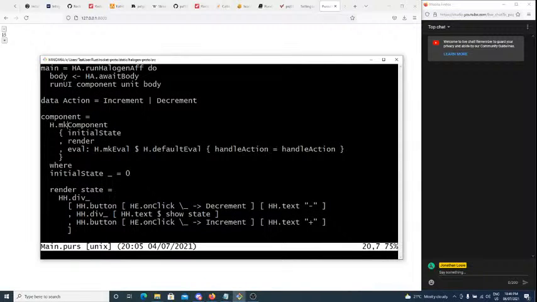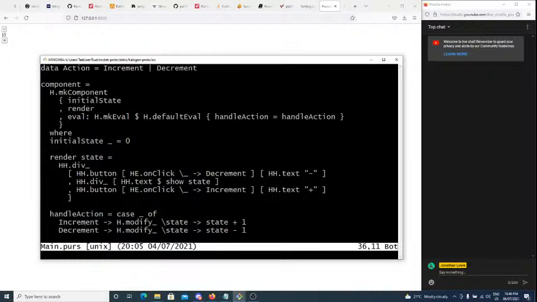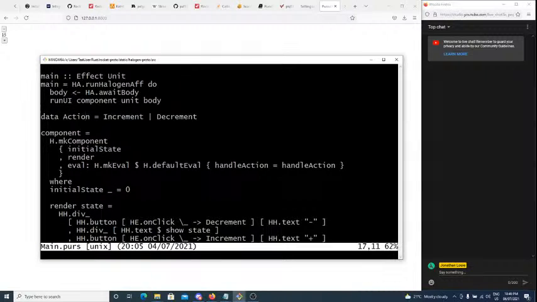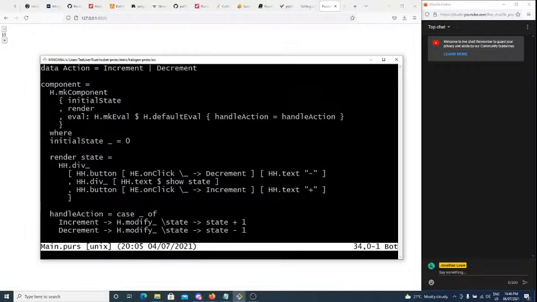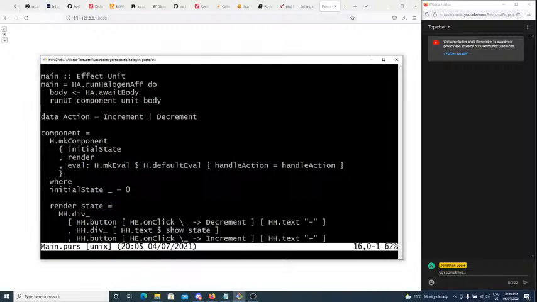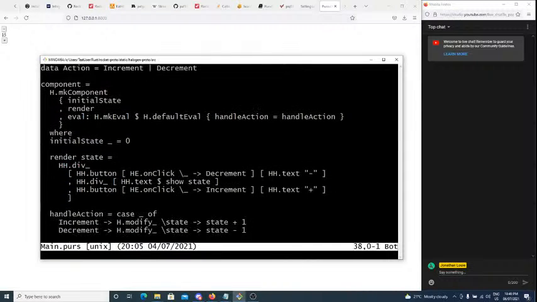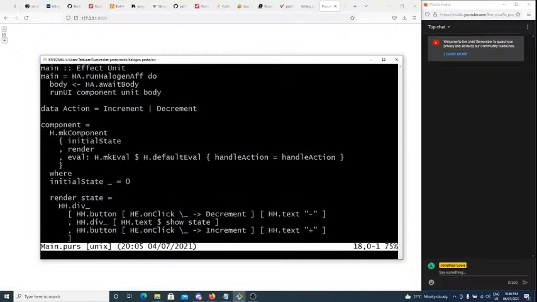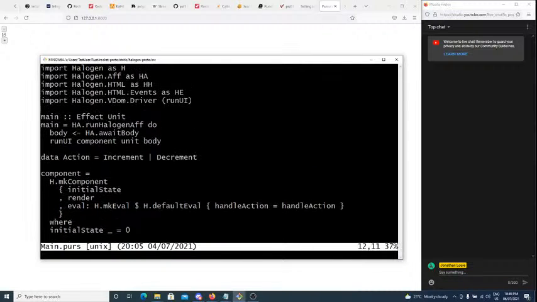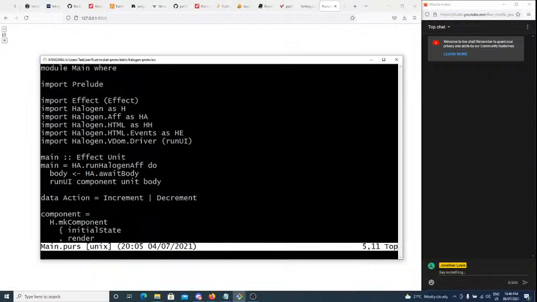You have to actually call make component like this to get components. And of course, being PureScript, you don't have any side effects, right? If you want side effects, they have special types you can use for that. None of the types here are annotated, but in the book for halogen, they do annotate the types. So this is just like a baby's first halogen example.